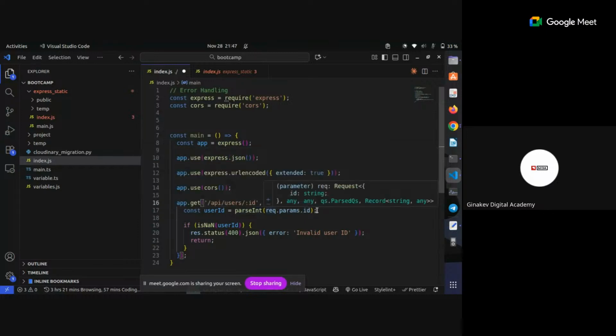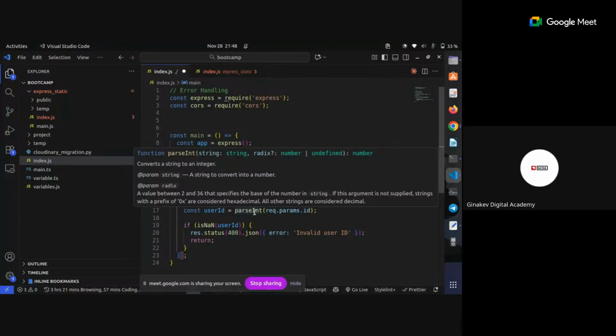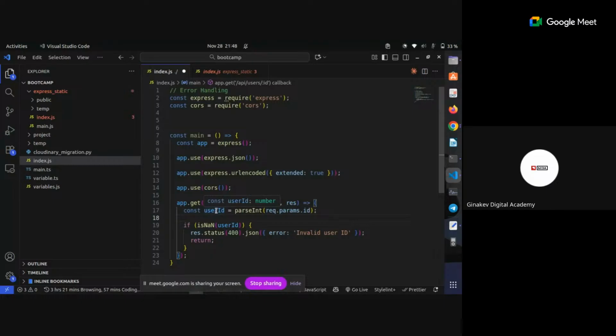At first, this ID is a string. You can see it here, it's showing string. So Express.js is giving us a string. Then we convert that string into an integer with parseInt. That's what the parseInt function does. It converts a string to an integer. Then after we get that ID as a number, we do this small check, this if statement, to know if the user ID is a number. So if it is not a number,